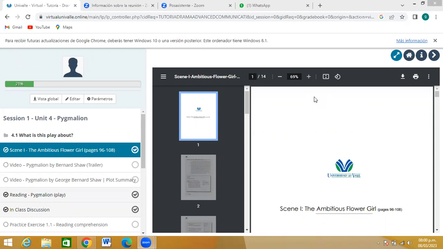Welcome to session one. In this session, we're going to start from unit one, which has the title of Pygmalion. Because we didn't have enough time, we're going to start from two minutes, okay? No worries. The purpose of this session is just to identify main ideas and details in reading comprehension. You have different activities to do in this session, but this session is going to be short because I brought just some questions according to the reading. I don't know if you have been reading before.